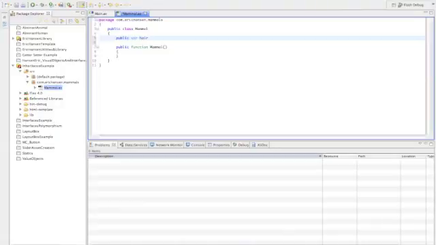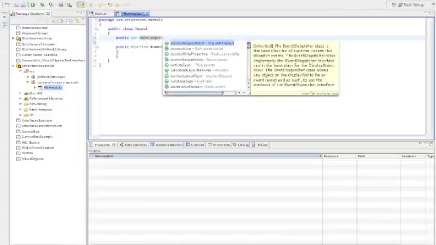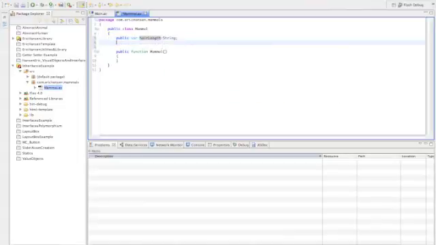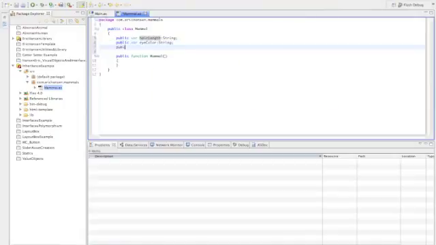So let's see, hair length, which will be a string, public, eye color, which will also be a string, and number of teeth, which will be an integer,